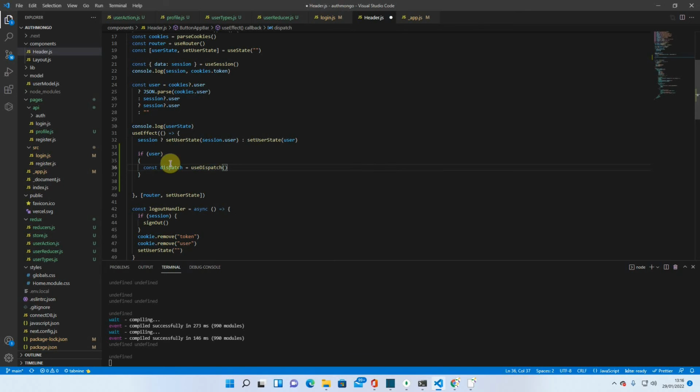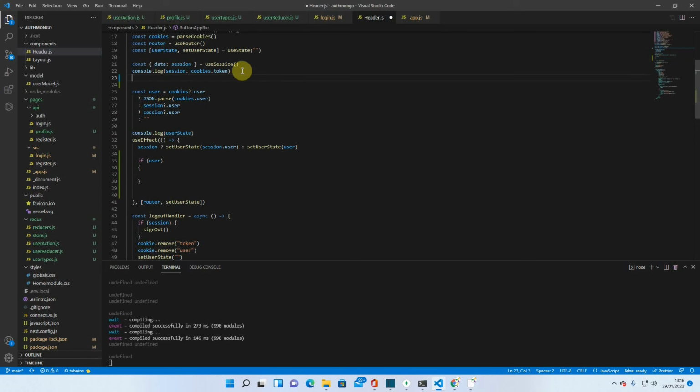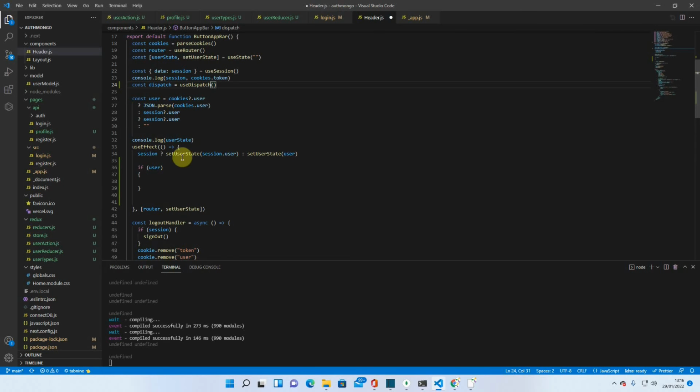So we want this use dispatch, but not here. Let's get this outside of here. Let's put it up here with the rest of these, and then we need to import this use dispatch from Redux. Yep. Right, so that's done, and then we want to dispatch it here. Dispatch, and then dispatch load user. Load user, and then in the load user we want to put in